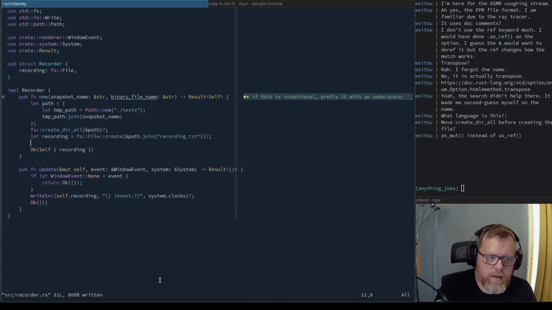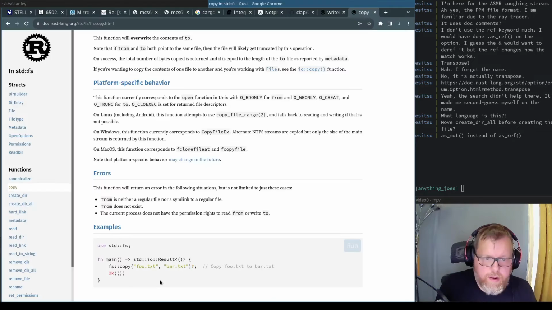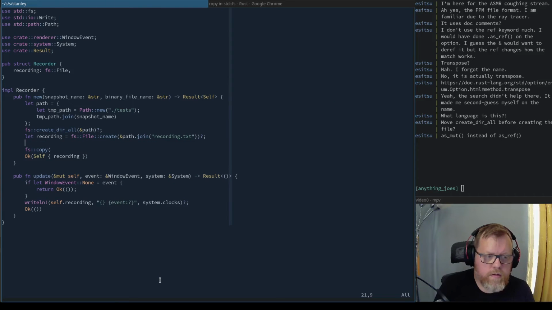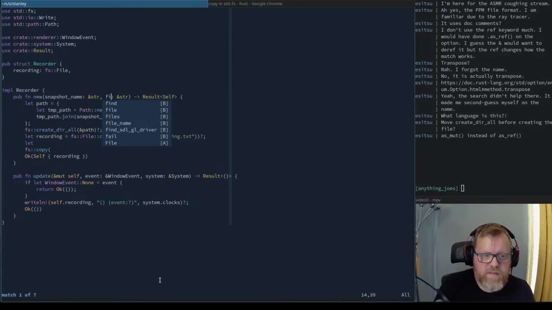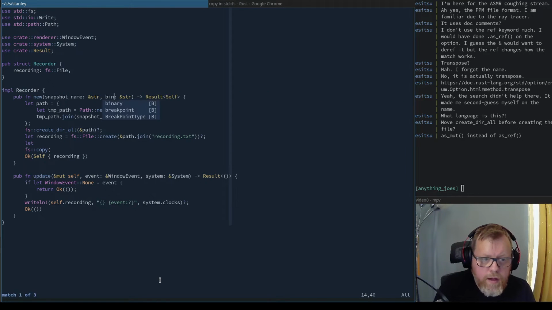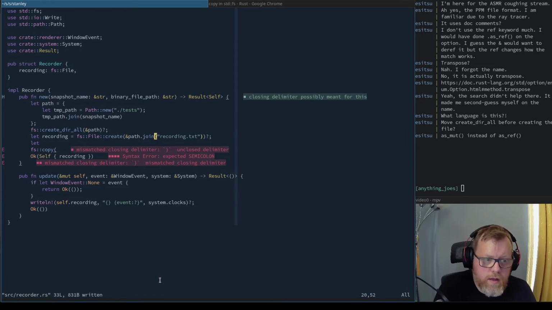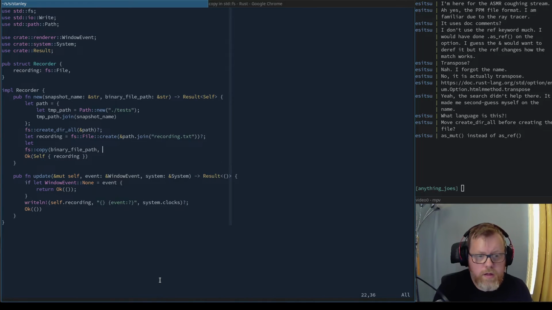All I want to do is fs copy. And we're going to do, let's call this binary file path. And then we'll just do copy from binary file path to